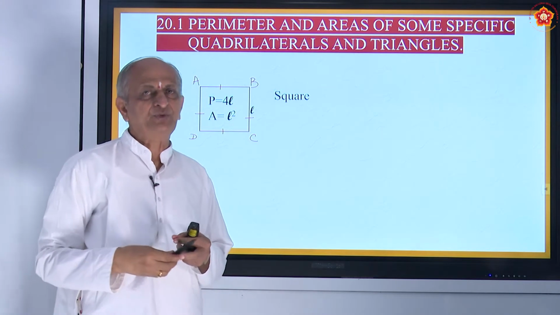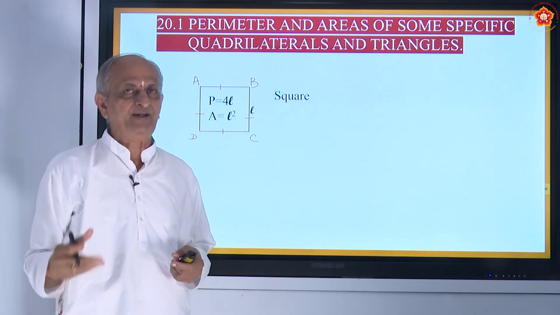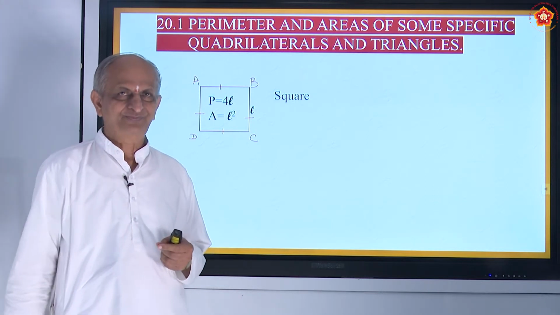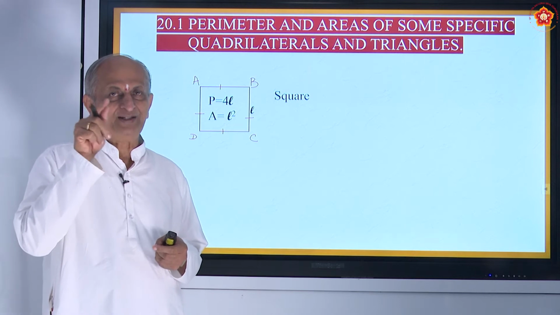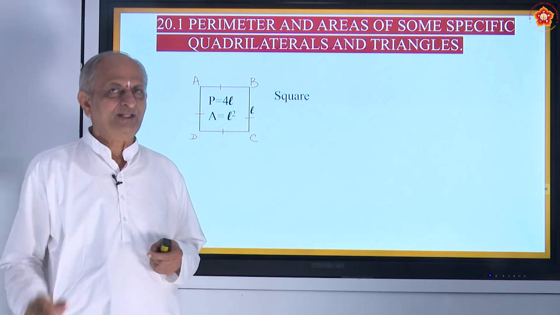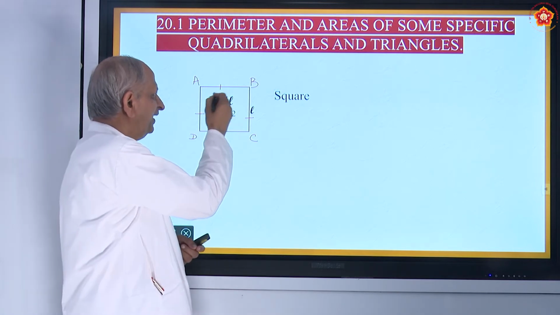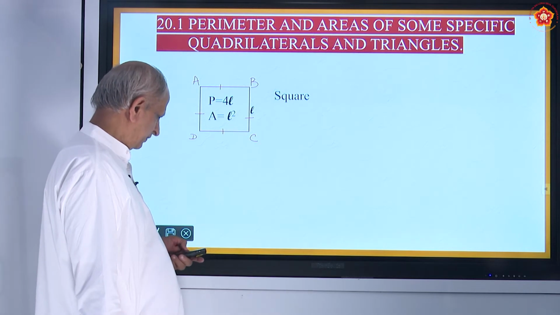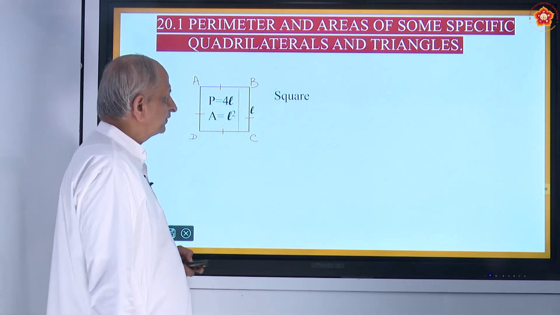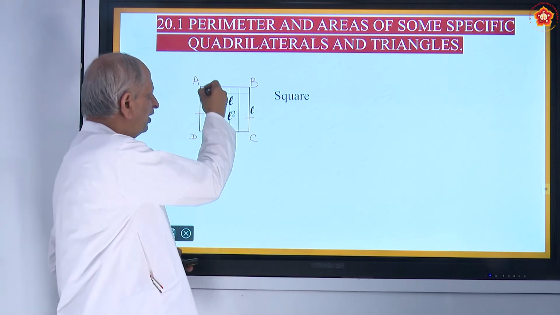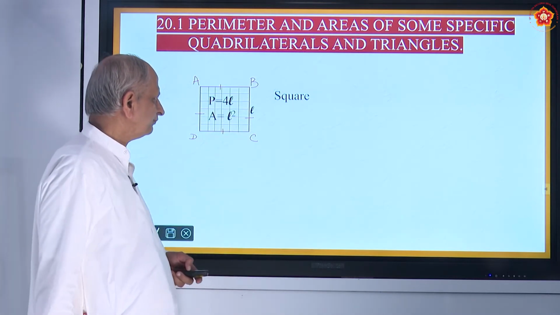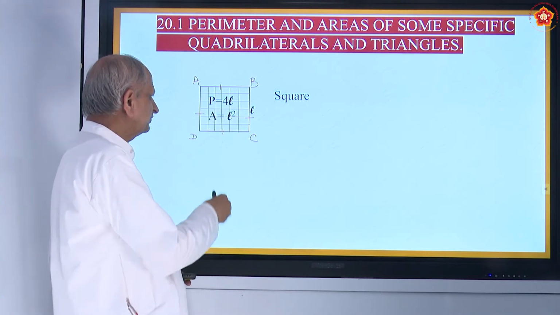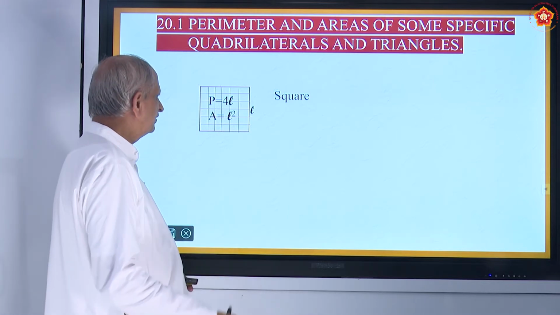You have seen so many squares in daily life, like a square field, and most interesting is the Rubik's cube. In the Rubik's cube you find different colors of squares, right? So the length and breadth must be the same. In that case, area becomes L square and perimeter becomes 4L. This is how the area is represented: convert into square units and add all of these, and you get the concerned square.